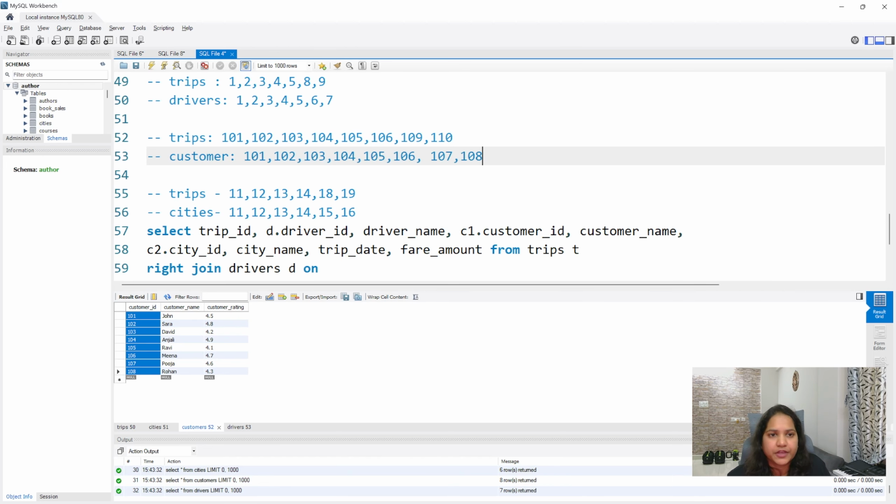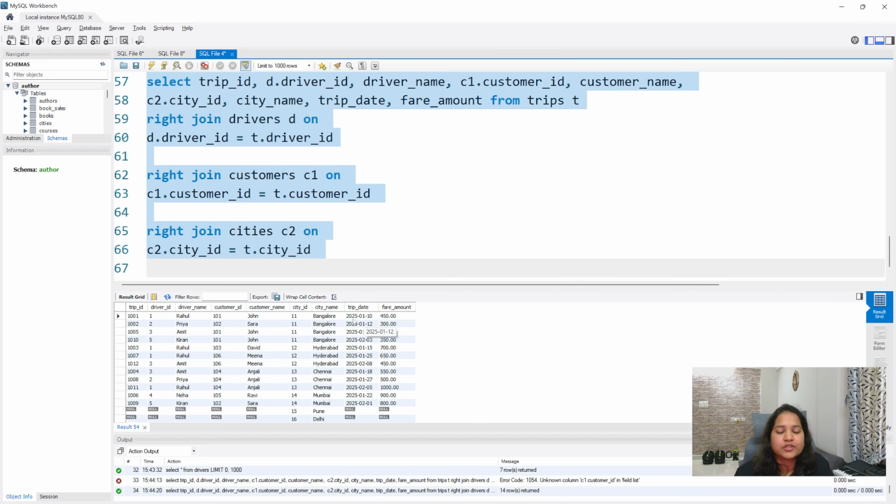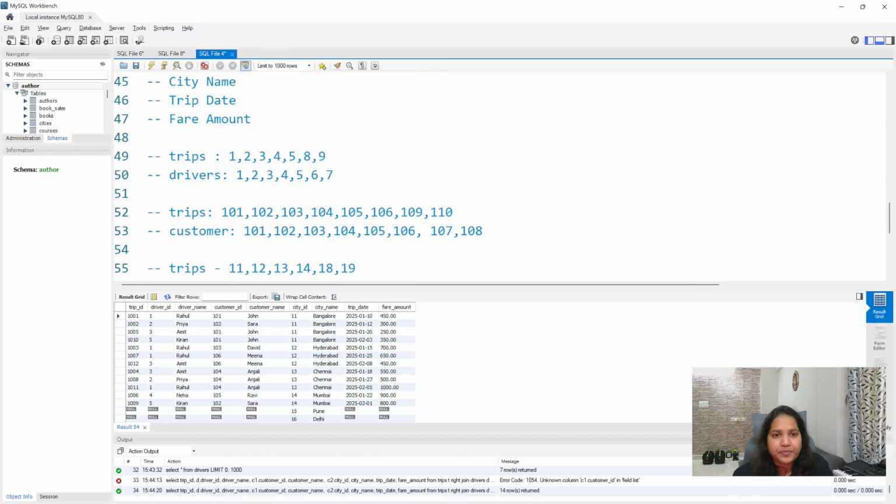Okay, so please observe carefully here. Now if I run this, this is your output. If you see, the previous time when you did the right join with d.driver_id, only with driver_id, what you saw was 1, 2, 3, 4, 5, 6, 7, all of them came, and for 6 and 7 it is showing as null. But if you see here, you do not have that 6 and 7.